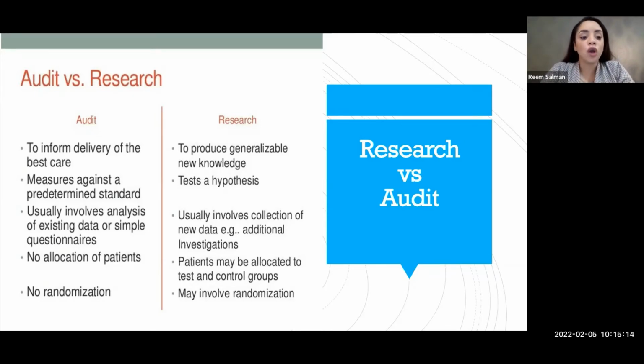An audit is to inform the delivery of the best care, or to test the practice against set standards. But in research, there are no set standards. What we're trying to do is add new knowledge, okay? We're trying to test the hypothesis or the null hypothesis, all right? And we are trying to take a vast majority of a sample. We can randomize that sample, but in an audit, there is a very specific target group and population, and sampling is very specific, and we cannot randomize it because we're trying to test the application of the standard in a certain place or a certain area or a certain process.